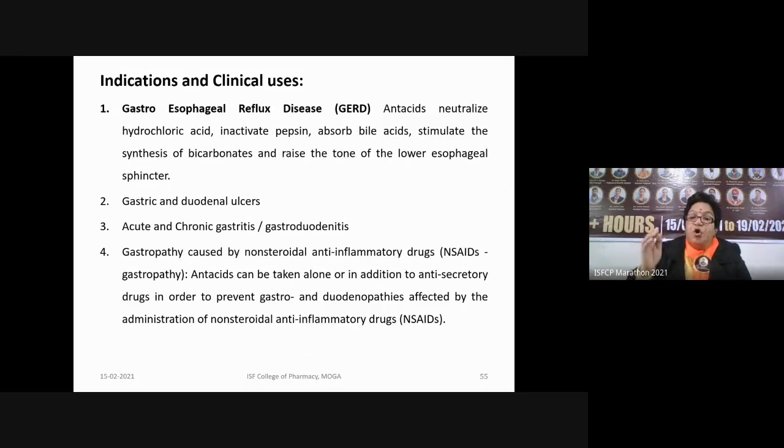COX-2 is the enzyme that is responsible for inflammation, but COX-1 is the enzyme जिसका काम होता है हाउसकीपिंग, गैस्ट्रिक म्यूकोजा की प्रोटेक्शन। तो अगर आपने नॉन सिलेक्टिव लिया, COX-1 को इनहिबिट करेगा, COX-1 को इनहिबिट करने से गैस्ट्रिक म्यूकोजा डिस्टर्ब होगा, और उसकी वजह से बहुत सारी गैस्ट्रोपैथी या ड्यूडेनोपैथीज कॉज होंगी, जिसे हम गैस्ट्रोपैथी बोलते हैं। उसके लिए you have to take these antacids.